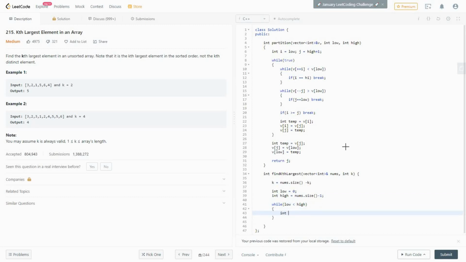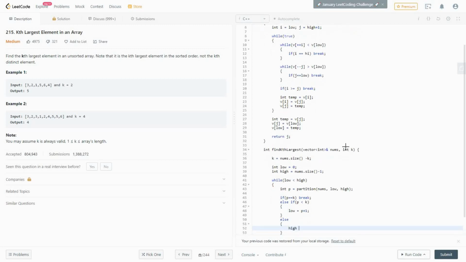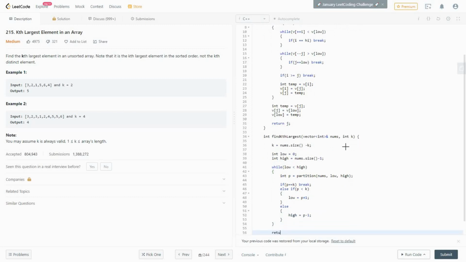Let me store that in another integer p, which is equal to partition of vector nums from low to high. Now if p is equal to k, then we need to break. Else if p is less than k, then I make low equal to p plus 1. Else high becomes equal to p minus 1, and then return nums of k.